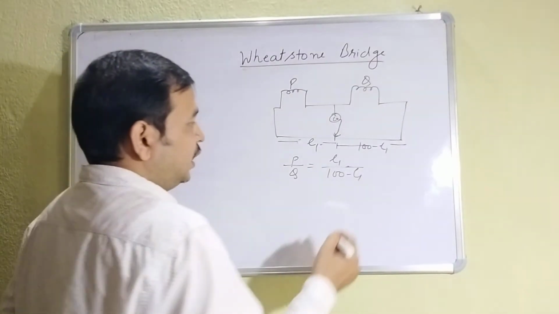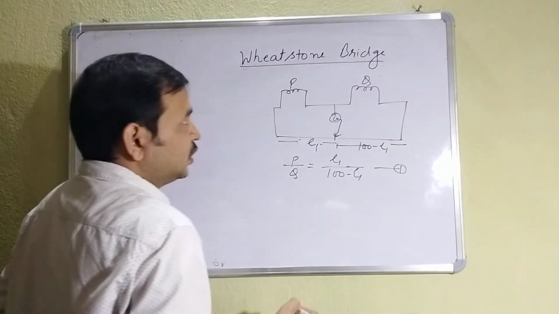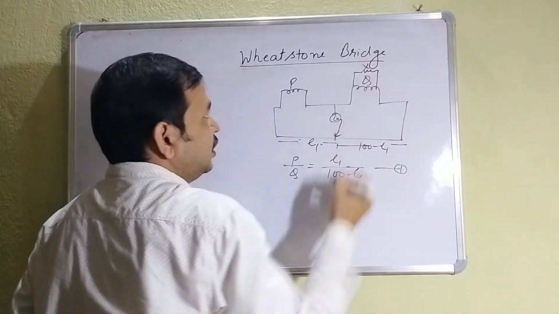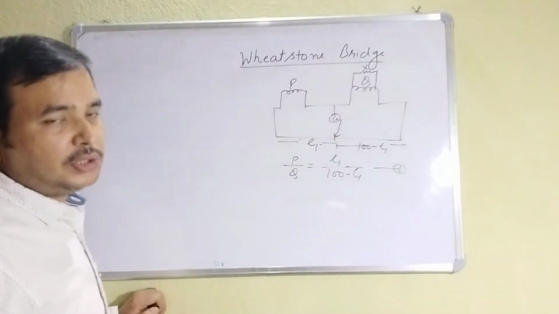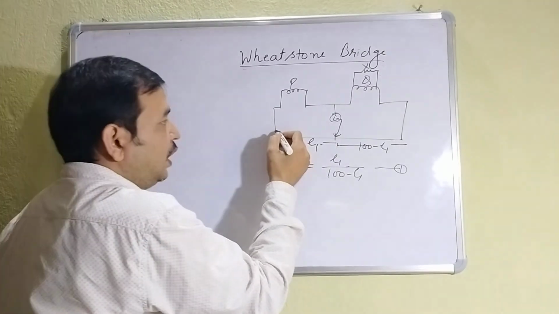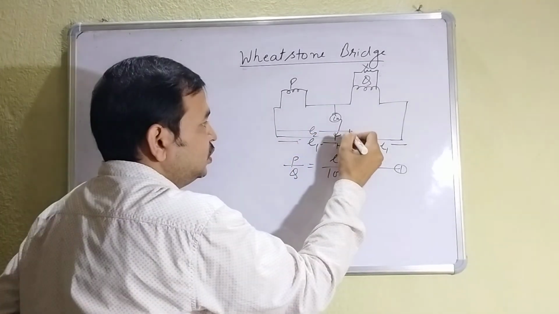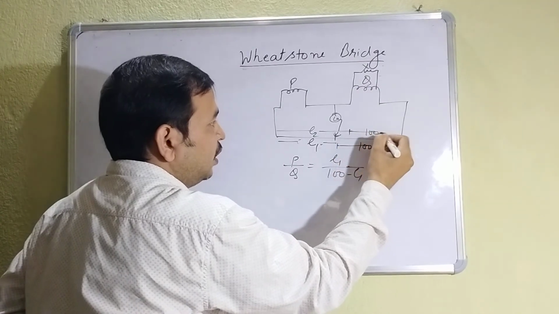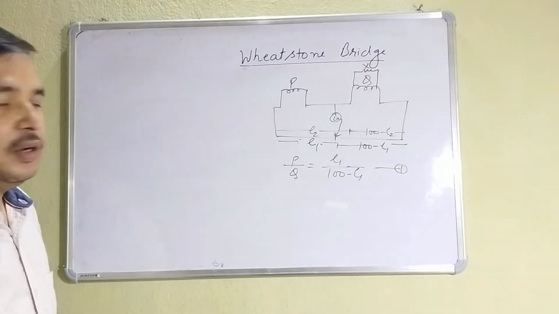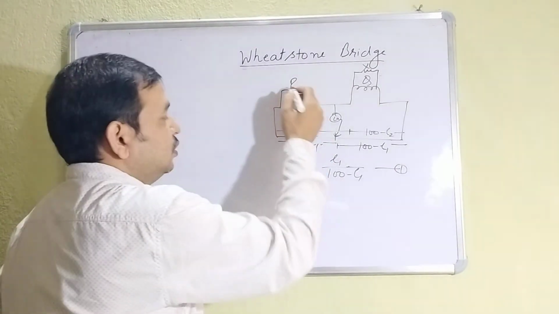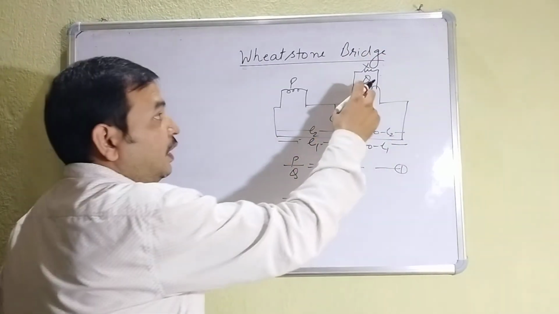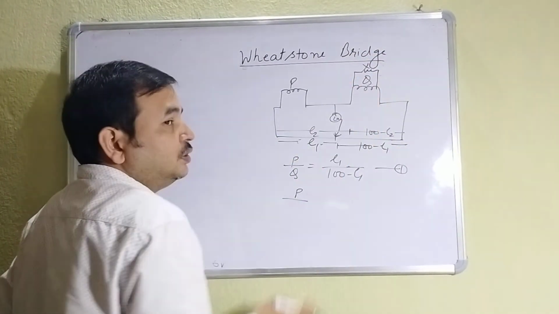Now question is asked, this is the question. Suppose some another resistor X is connected to this in parallel or in series. Clear? So the balance point changes to, suppose, L2. Balance point changes to L2. Of course, rest will be 100 minus L2. So you have to find L2. So for that, what will be the equation? You can see P by this total resistance you have to write, if they are arranged in parallel, or if they are arranged in series.